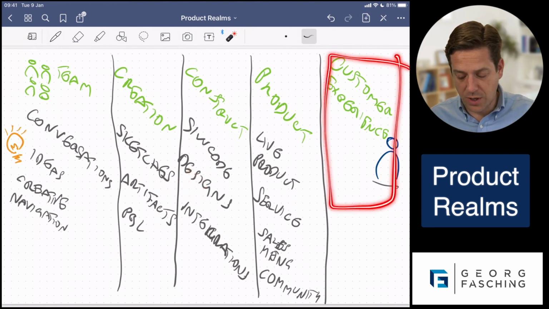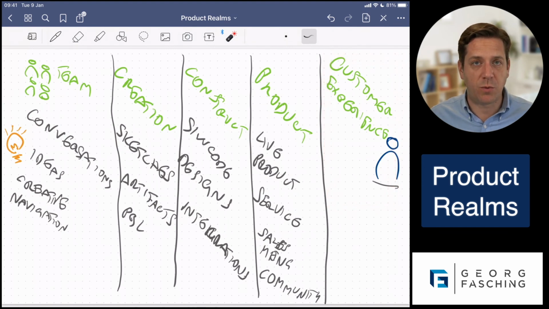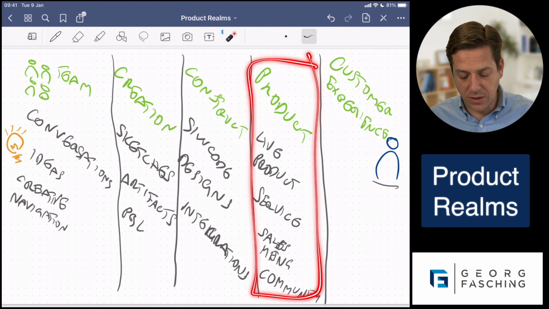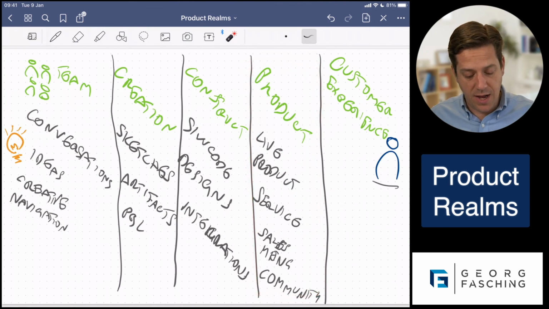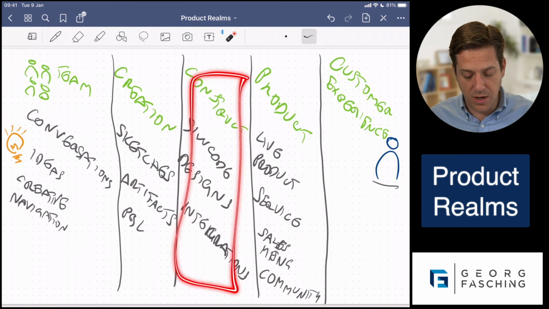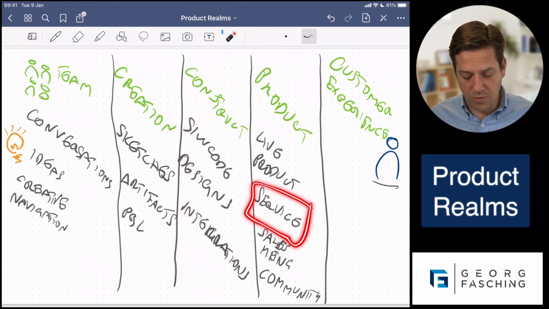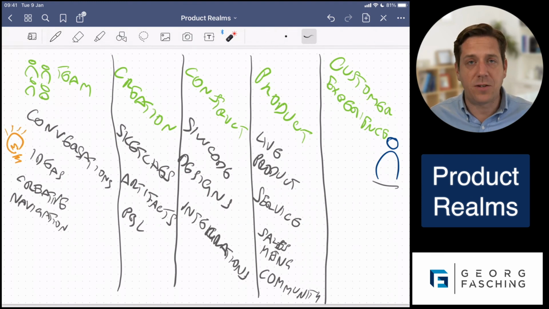So we always start with the customer experience. What are the user needs? What is the customer experience that we want to create? And we have all of these building blocks that help us create that customer experience that we can bear in mind as we go in here. Right? In some cases, it doesn't make economic sense to build something in here, but we can create a workaround with customer services. And in other cases, that doesn't make any sense, and we want to create something in here so that it actually goes into self-service, right? So there's self-service and customer service, and we can be quite purposeful about how we're leveraging all of those different parts of the organization that we have available to us.